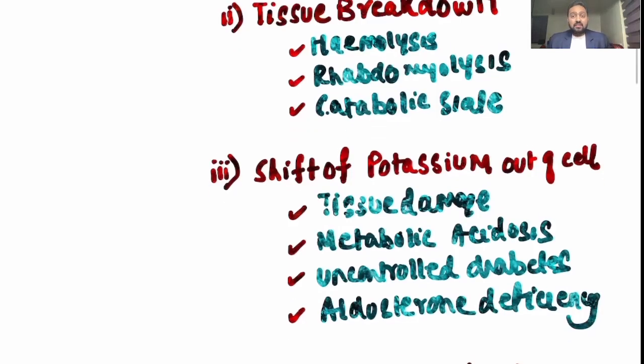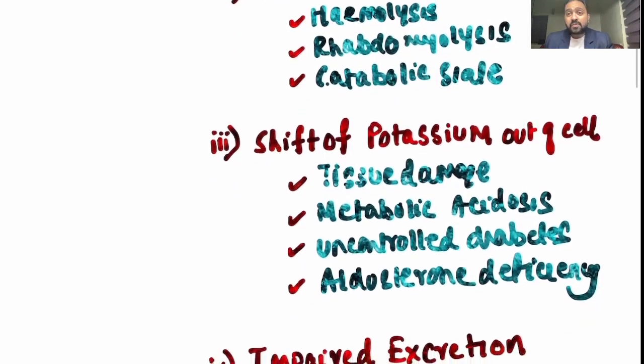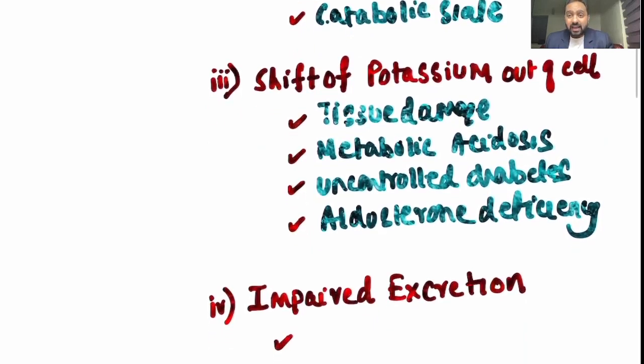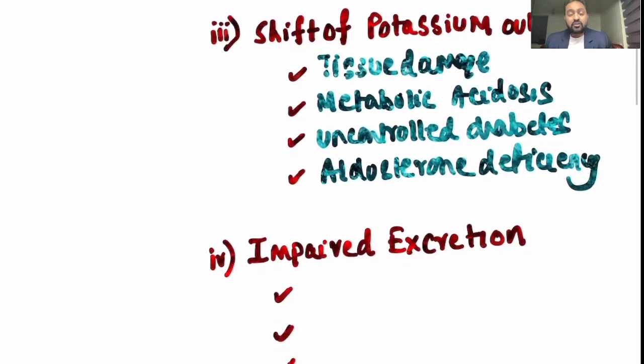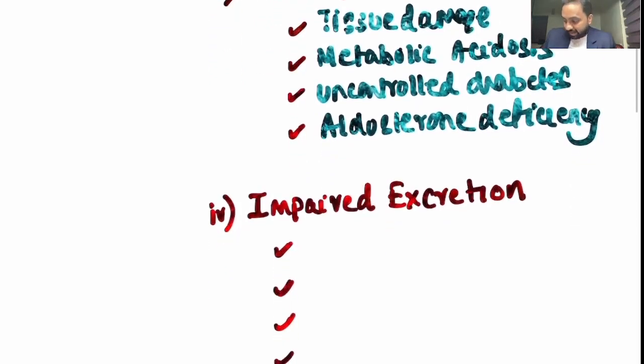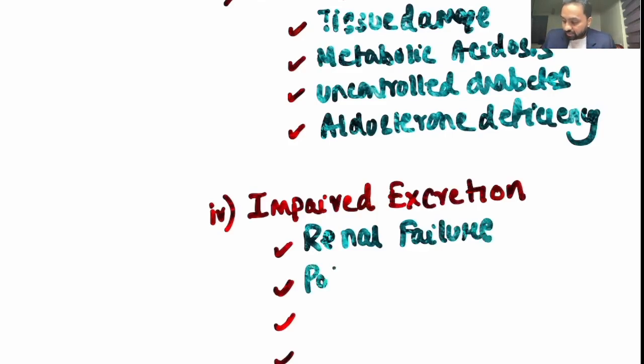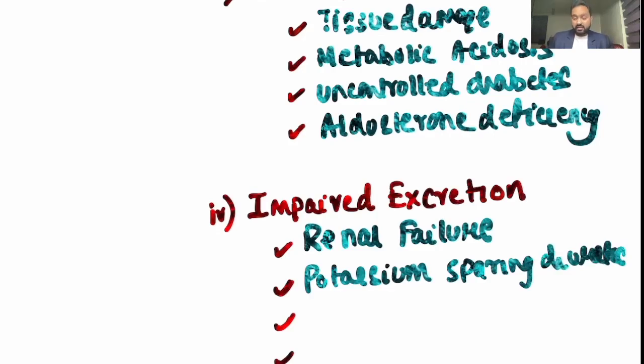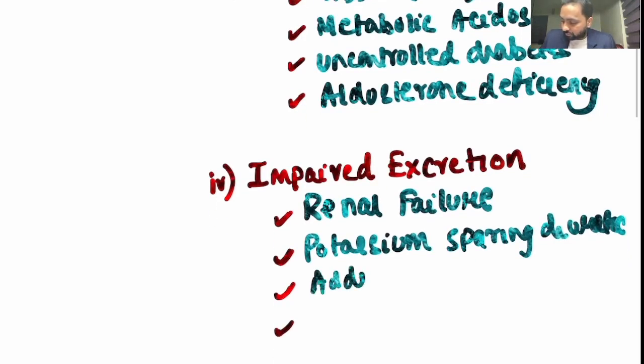Then there could be increased potassium also because of impaired excretion. That means the potassium is not able to be excreted outside the body. So what could be the causes of it? One of the first and most important causes would be renal failure. Then if we use a potassium-sparing diuretic, then Addison's disease, which would cause impaired renal tubular excretion,